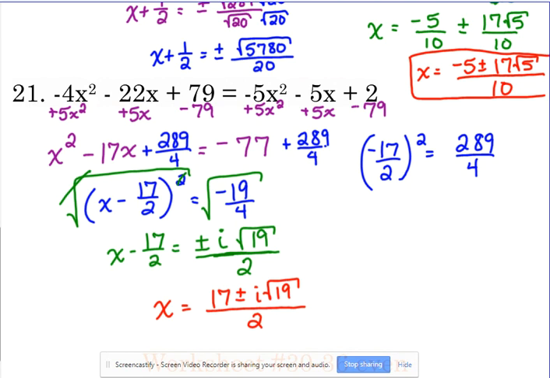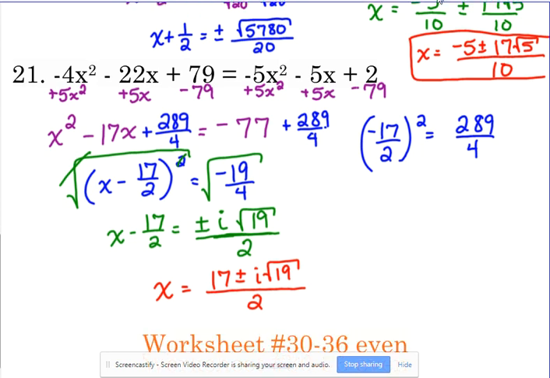We would have gotten the same solution if we had used the quadratic formula on this, but look, we would have had to simplify a lot with the quadratic formula, because b was negative 17, c is 77, so we would have had to simplify that square root to get it in that form. Okay? Questions? Good? Okay. So I would like for you to try